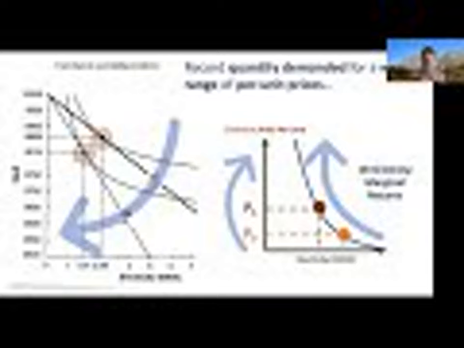There's another type of good called an inferior good, and it flips the other way. Without going back to the indifference curves, you just have to take my word for it at this stage. We did talk about what the indifference curves might look like last time. An inferior good is one where a change in income causes a downward shift in the demand curve. And it might seem weird that I increased my income and now I generally spend less on a good.